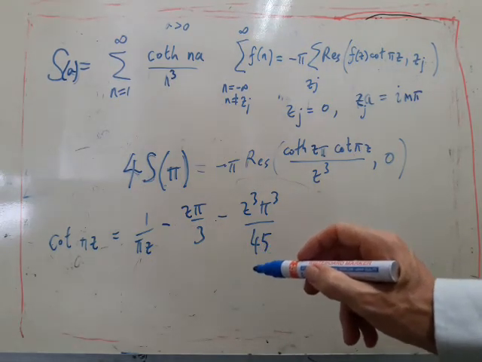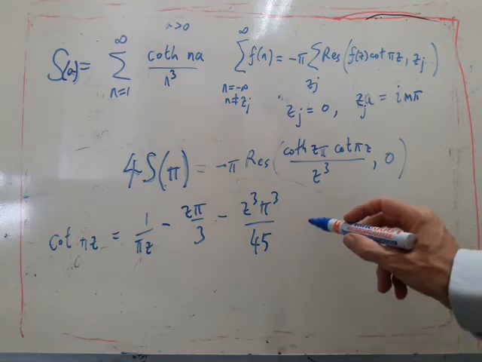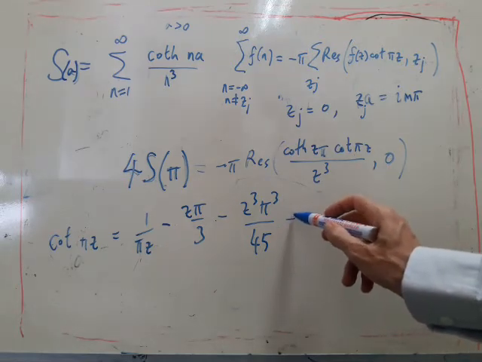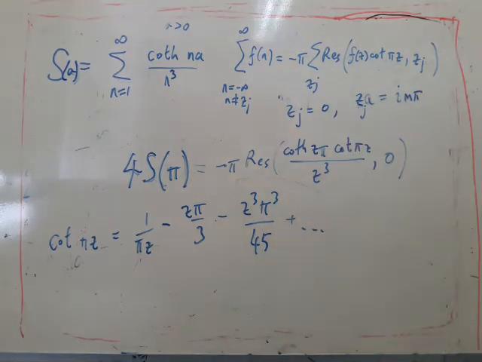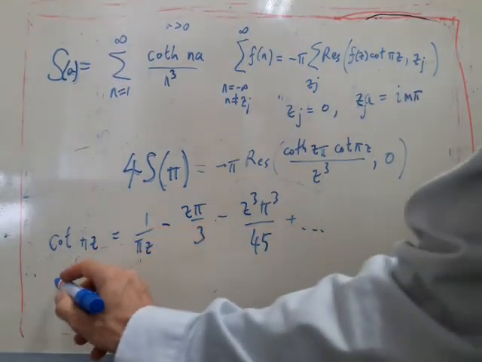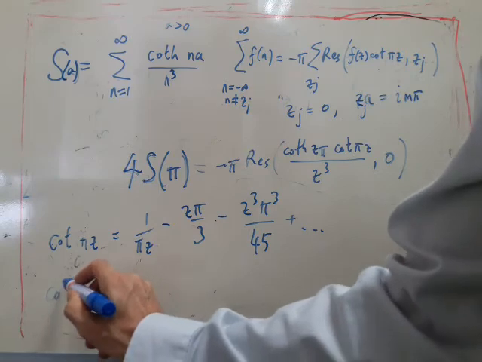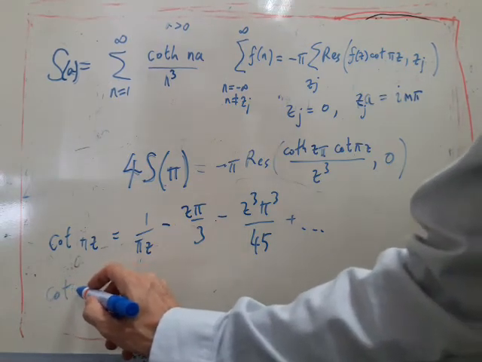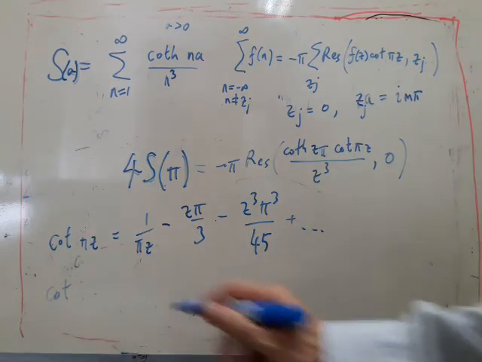We're probably going to need that term, but I think nothing higher than that. But we can use this to get the series for coth. If we instead consider cot